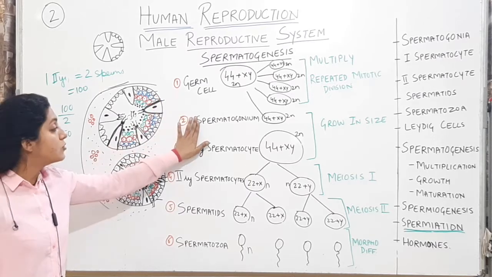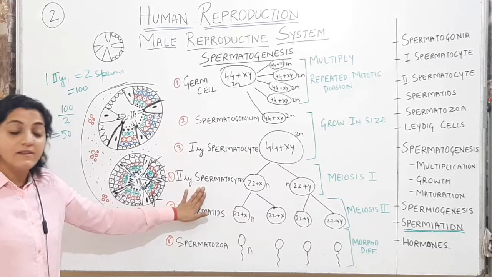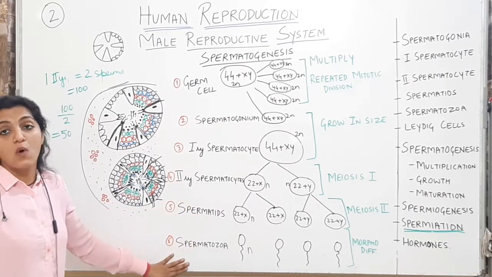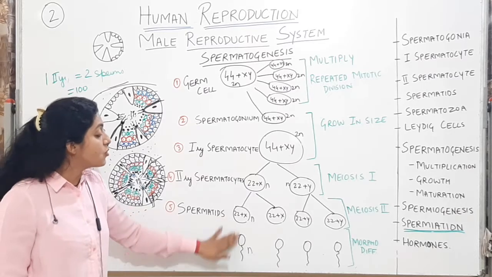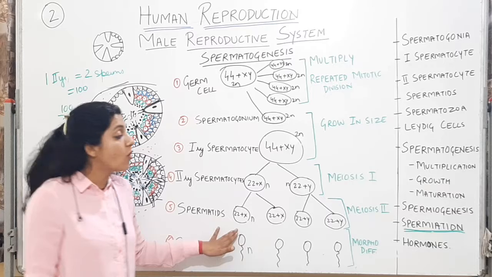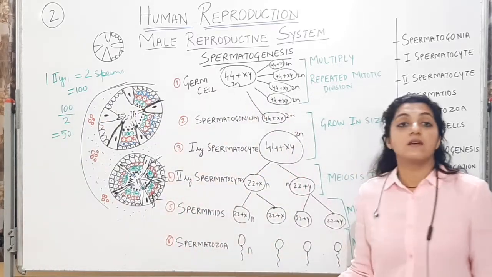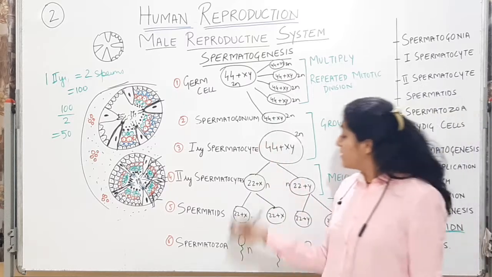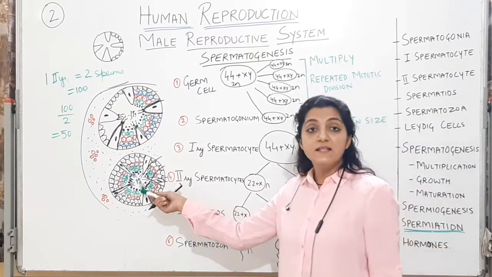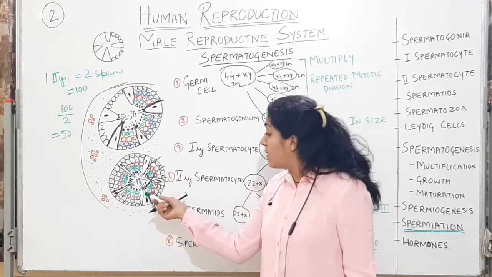After the germ cell comes the spermatogonium, after the spermatogonium the primary spermatocyte, then the secondary spermatocyte, then the spermatid, and then the spermatozoa. This process of morphodifferentiation from the spermatids to the spermatozoa is also called spermiogenesis, which is a step of spermatogenesis. And finally, when the spermatozoa form, they are going to be attached to the Sertoli cells, because these cells are going to provide them nourishment, inside which they will develop.